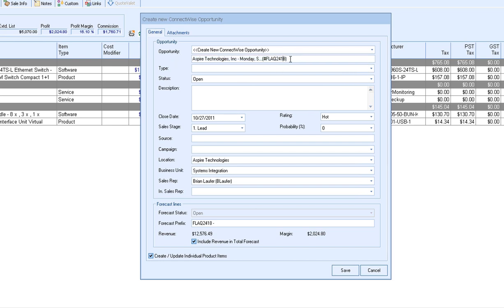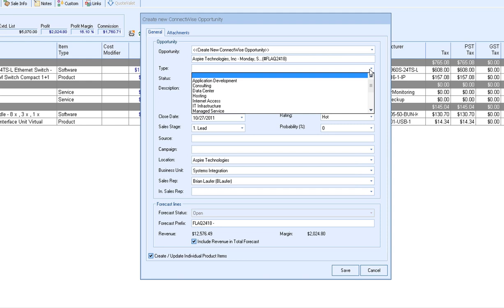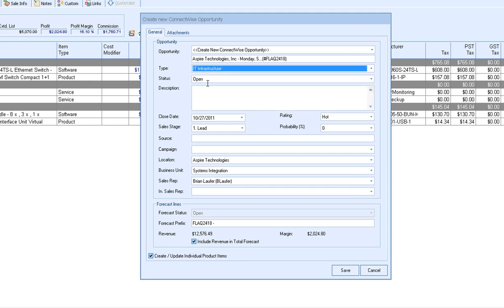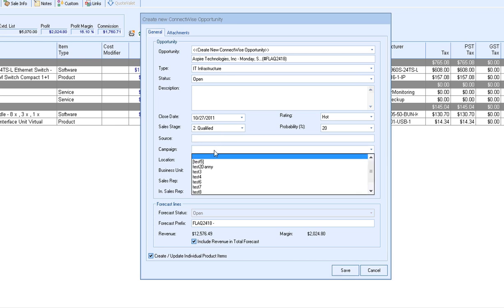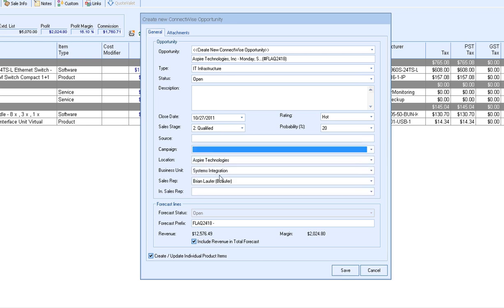If you'd like to change this or edit this default, you can do that. And then from the type field down, these are all ConnectWise fields. So this is information we're pulling from ConnectWise, so we can set the type, status, add a description if you'd like, set the sales stage, source, campaign, location, business unit, the sales rep, internal sales rep if one is needed,